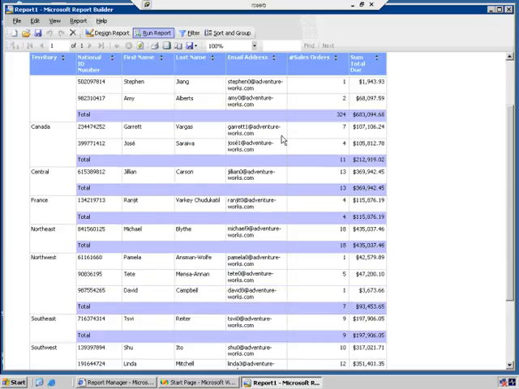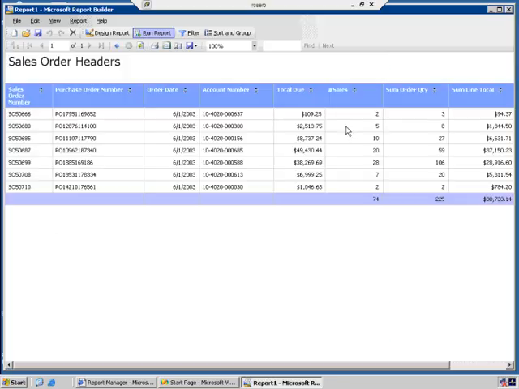When you're in Report Builder, one of the nice things about having a business model underneath the application is that we understand all of the different relationships between the data in your reports. So as you can see, as I'm hovering over and going through this report, some items in the report are clickable, and that's set in the model again. And what that does is when I click on an item, the context of the report that I just came from gets sent to the report server, and we automatically generate a drill down report for that particular thing